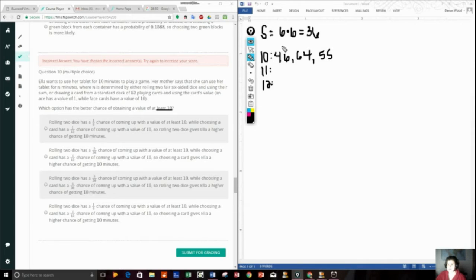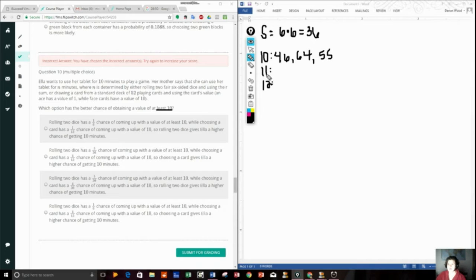With 4 and 6, 4 is rolled on the first dice, versus the 6 and a 4, where 6 is rolled on the first dice. So these two are counted individually, because it's happening in a different way. A 4 is different than a 6 on the first dice. So when we count,